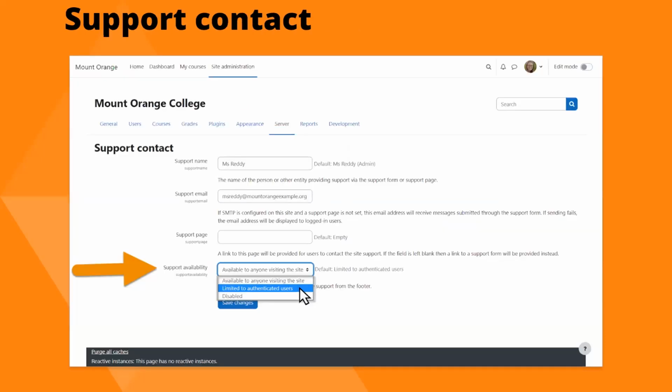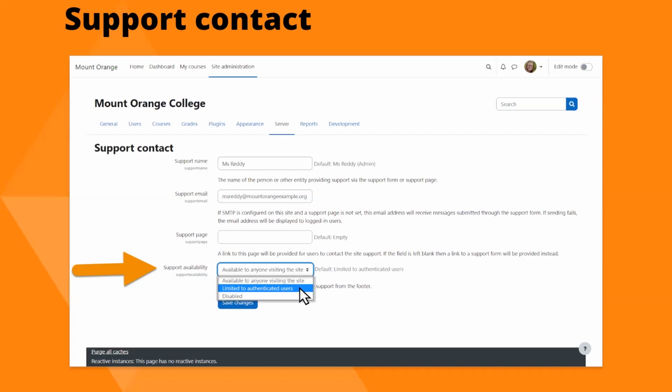Now, another feature in 4.0, which has been improved in 4.1. If you remember, if you use the Boost theme, bottom right of your screen, you have a question mark icon. And one of the things in there is a link to the site support. And that's very useful, for example, if you have a learner who has a problem and needs to make contact. However, it did cause some issues with people who were complaining that it meant that any random person who chanced upon your site could contact and fill in that form.